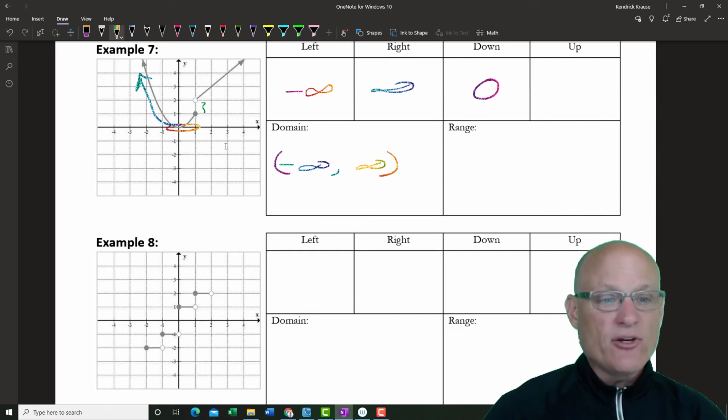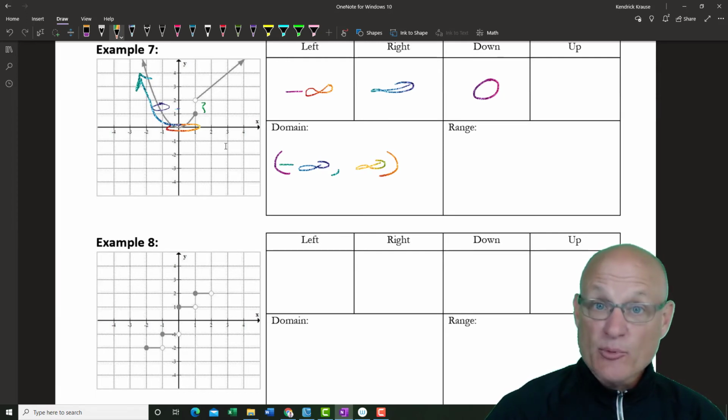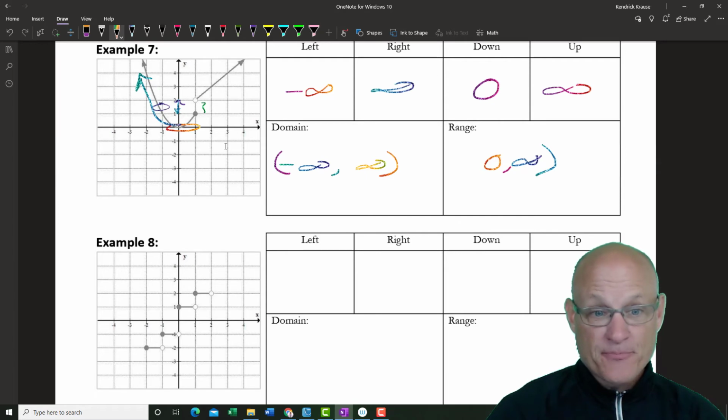In other words, do I ever use the value 1.5 for y? I don't use it over here, but I do use it over here. 1.6, 1.7, 1.8, 1.9, whatever. I use all those values. I am, in fact, using all of these values in between. So it's going right to infinity. 0 is the small, infinity is the big, can't ever reach infinity, and 0 is a solid point on the